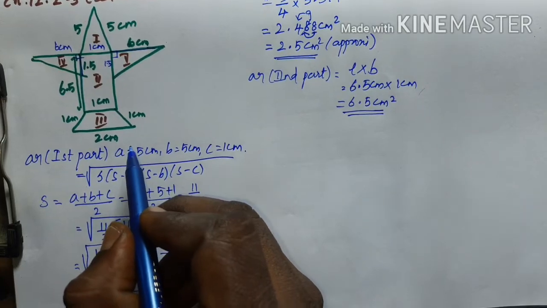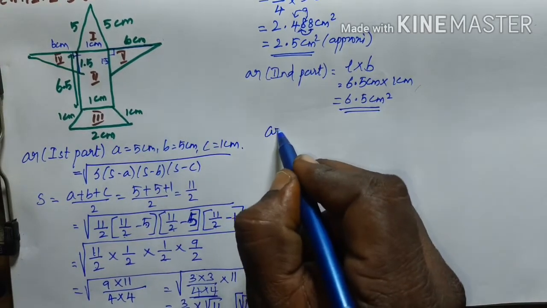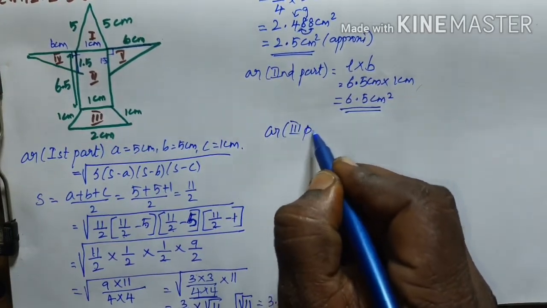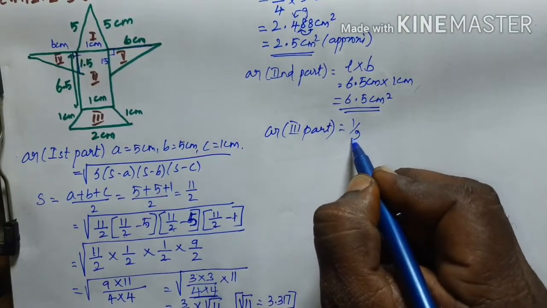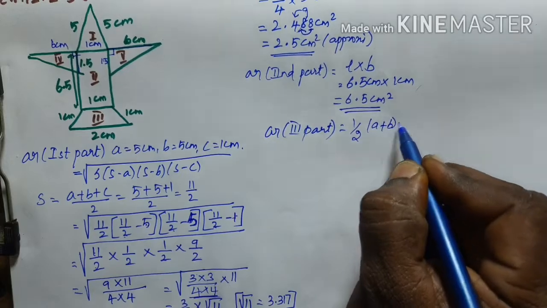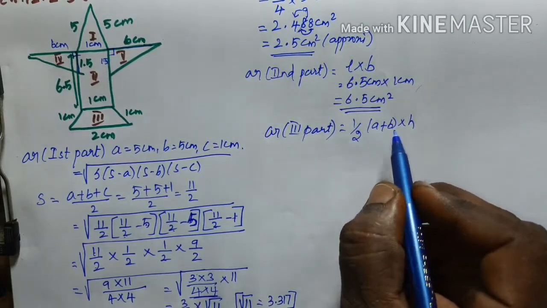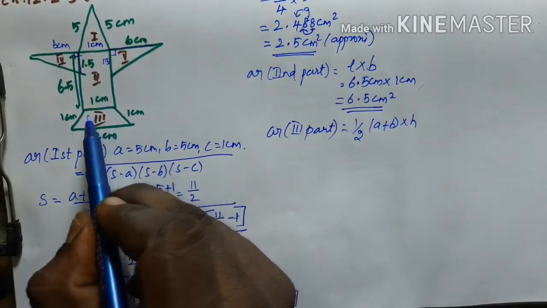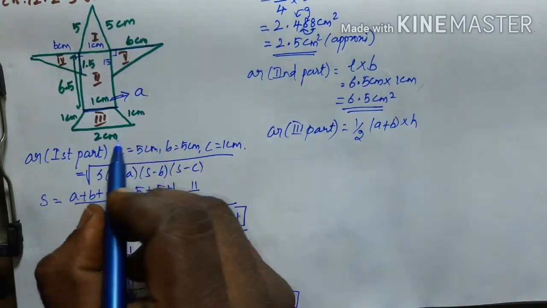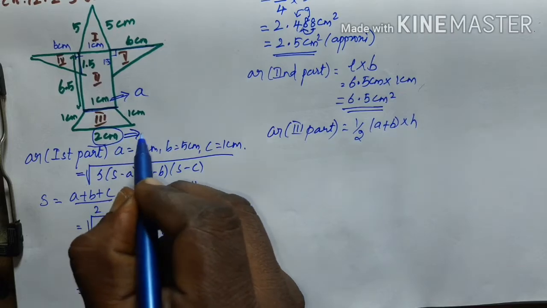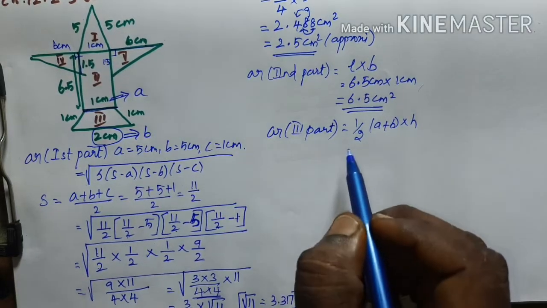Similarly, I am going to find the solution of the third part, the area of the third part, and it is in the shape of a trapezium. So the formula is half into a plus b into height. A plus b is nothing but the parallel sides. So the first line value is 1 centimeter, so that should be considered as A, and the second base value is considered as B in the trapezium.